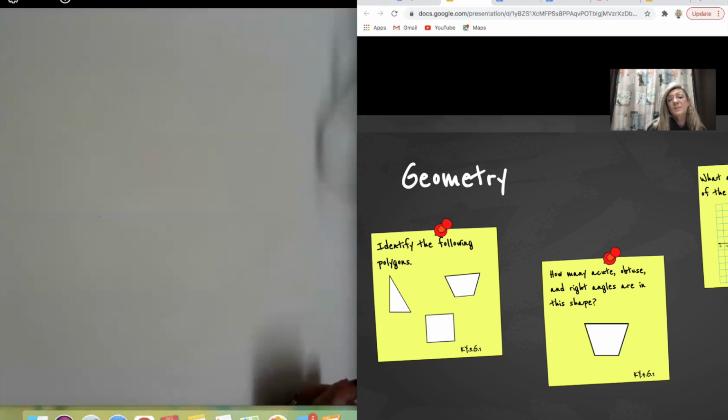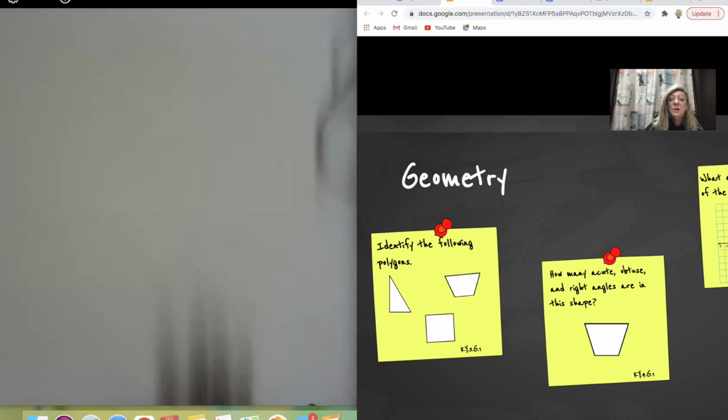You can talk about the types of angles in the square, and have all kinds of conversation with these polygons. And of course, we have the trapezoid. With the trapezoid, you can talk about what makes it a trapezoid. You can see that all the sides are not parallel, and it only has 1 pair of parallel sides. But it also is a quadrilateral because it has 4 sides. They love to have lots of conversation and argue back and forth about what they see.